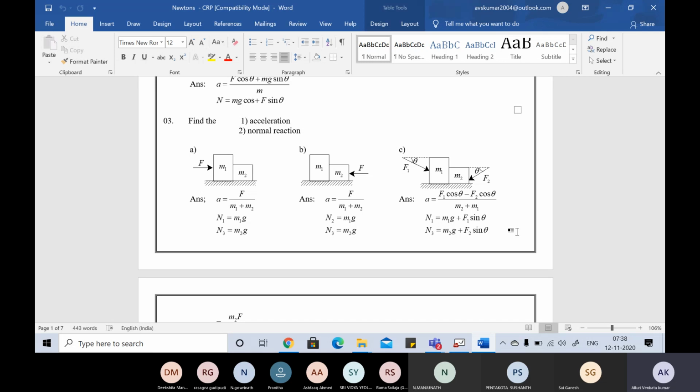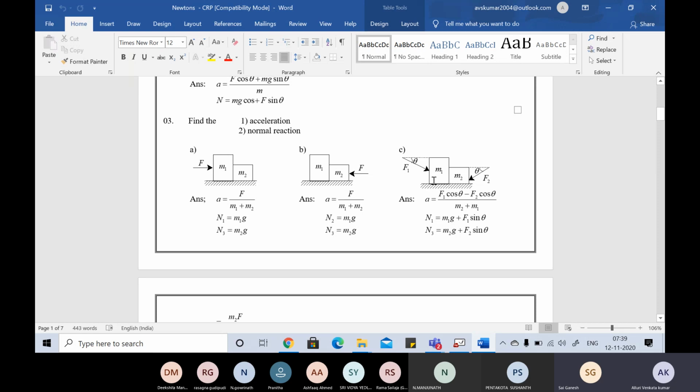Is that the only doubt, or how to derive this expression? Yes, sir. In the x direction, F1 will have F1 cos theta. In the negative x direction, F2 cos theta. I am assuming it is going to the right side, so therefore F1 cos theta minus F2 cos theta. Suppose if F2 is more, then F2 cos theta will be more. That's all. Okay.